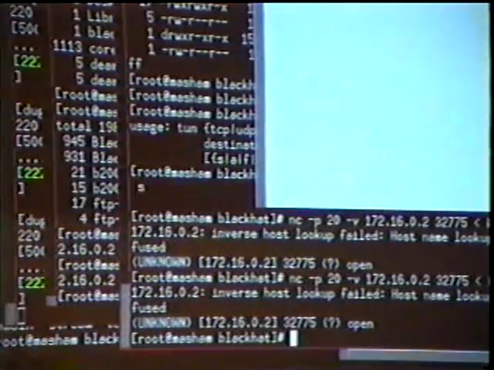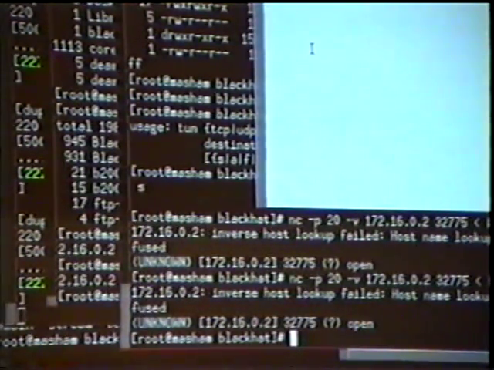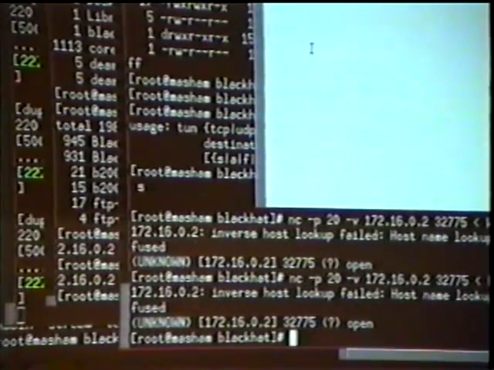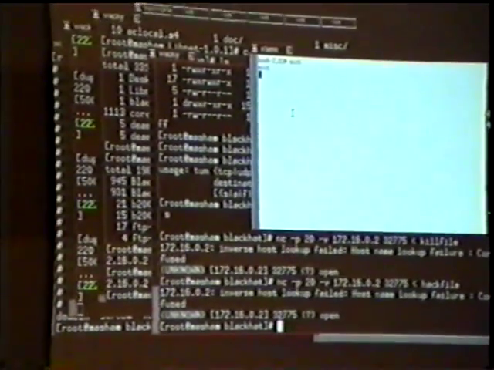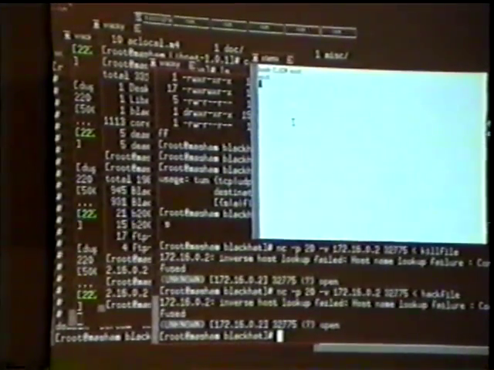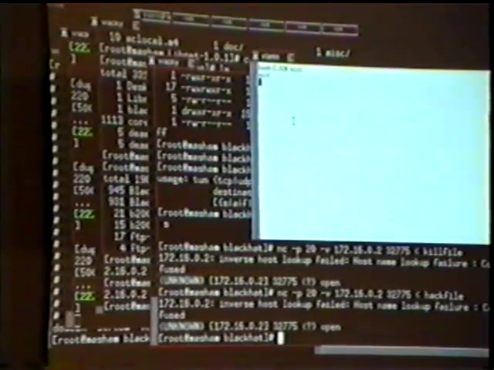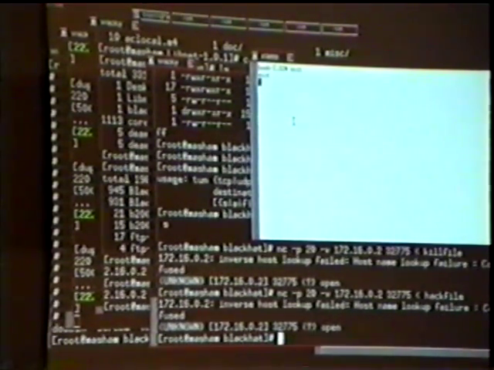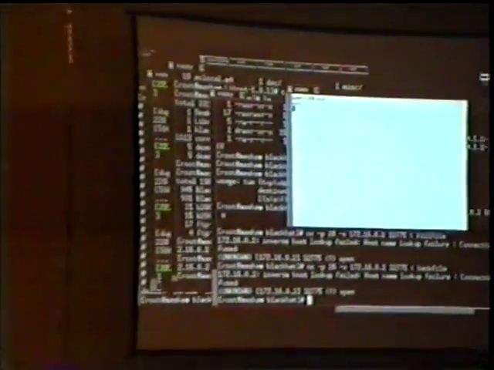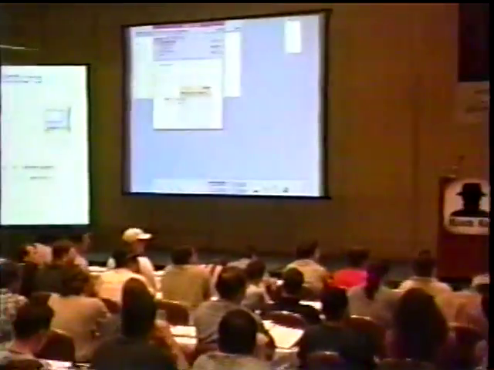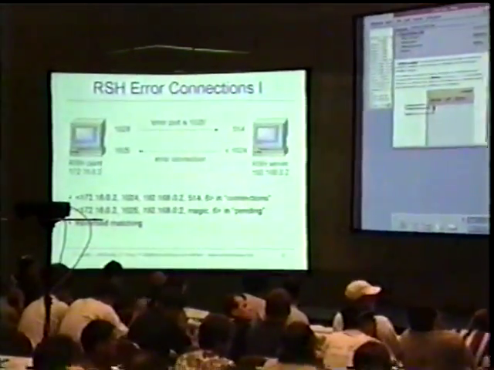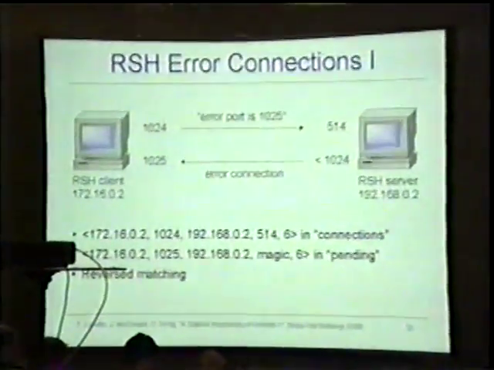So again, these are dependent on spoofing protection not being set up right. There's a couple things you can do if spoofing protection is set up. We'll get into that later. And we've run into a surprising number of people that haven't set it up, even though it warns you when you install. Okay. Now this RSH error connection, it represents another thing you could spoof